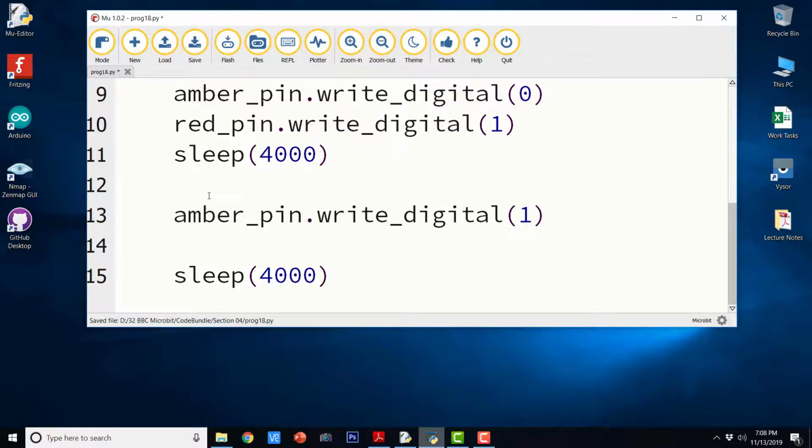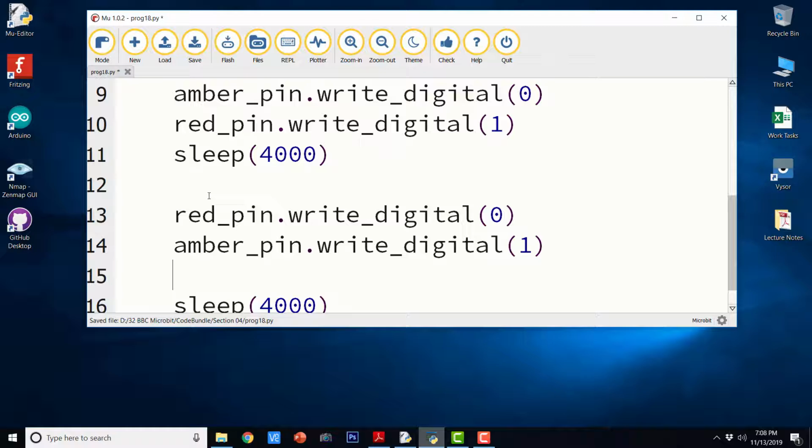But this turning off operation should come first. Okay. So we are turning off the red LED and turning on the amber LED.